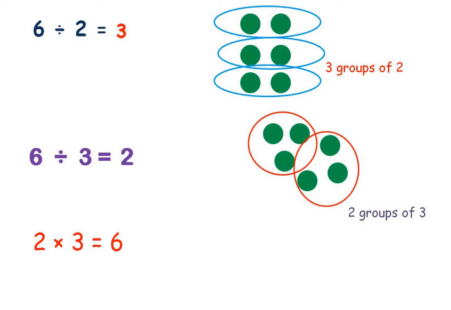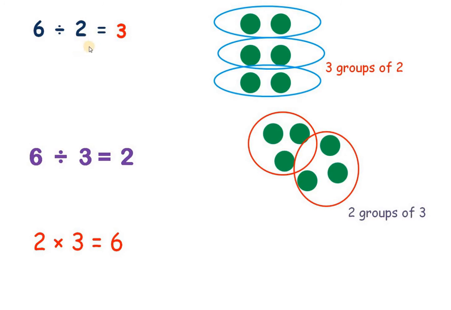So what did you notice here? We noticed that the division is the opposite of multiplication. So 2 times 3 equals 6. 6 divided by 3 equals 2. And 6 divided by 2 equals 3. So division is the opposite of